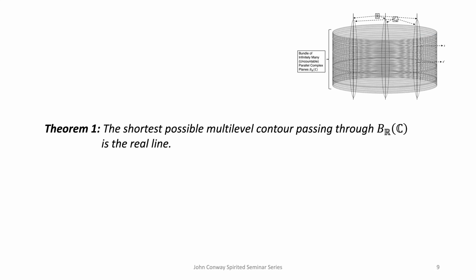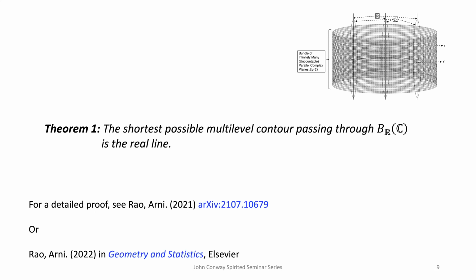So in general, in the complex plane, these numbers don't cross. If you formulate a function, it still lies on that plane only. It doesn't cross it. But because of the property I'm going to introduce, that crosses the plane and then connects in such a way at the joints. So the shortest possible multi-level contour, as I showed, goes from one plane to another plane with piecewise contours, as I just demonstrated. The real line. The complete proof can be seen in this available article.